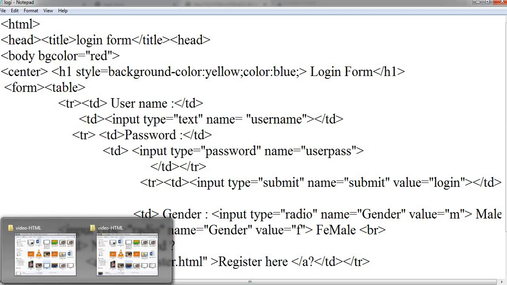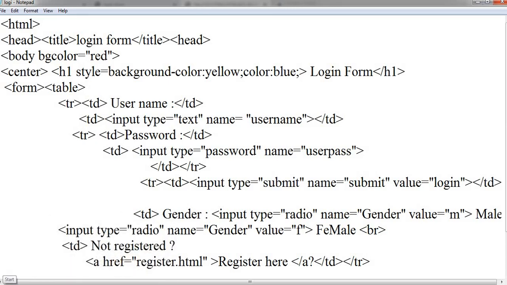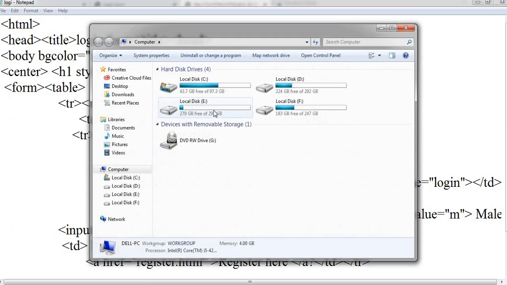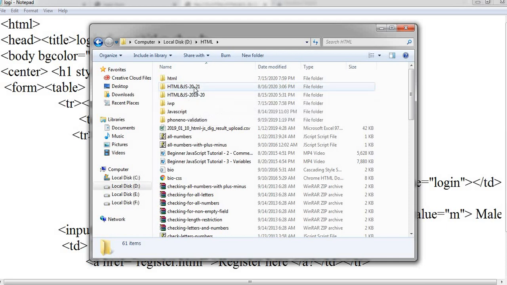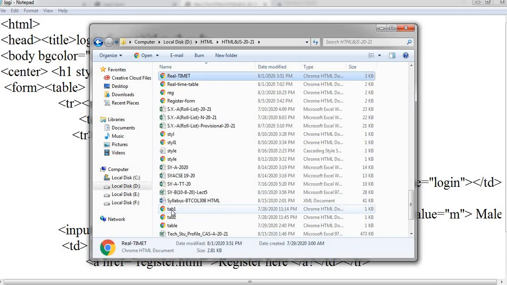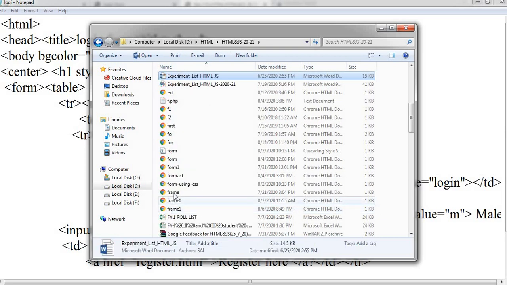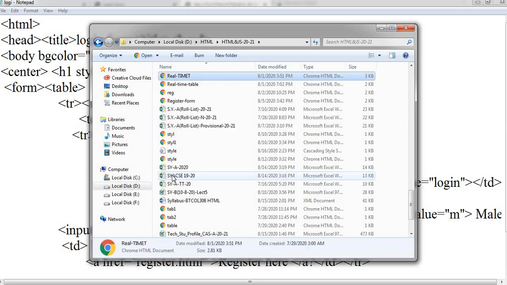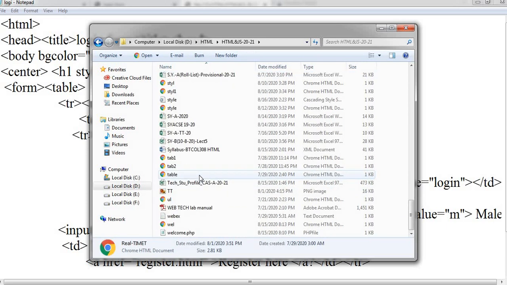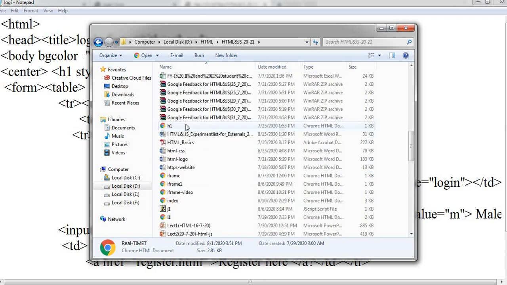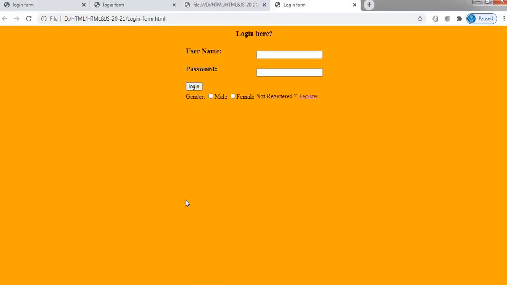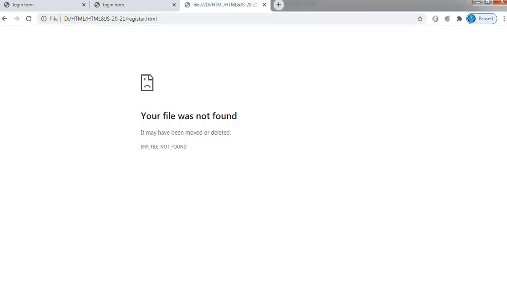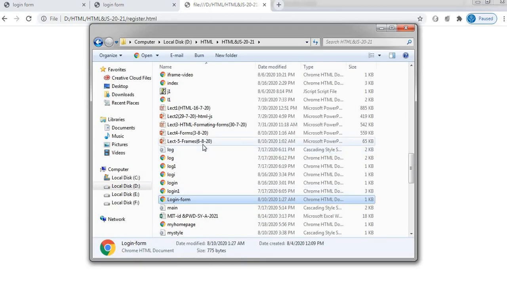So the complete path for this may be... I will attach one file into this.